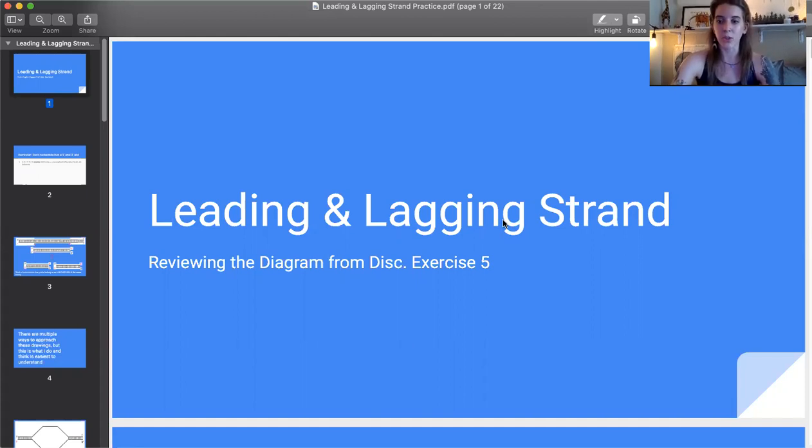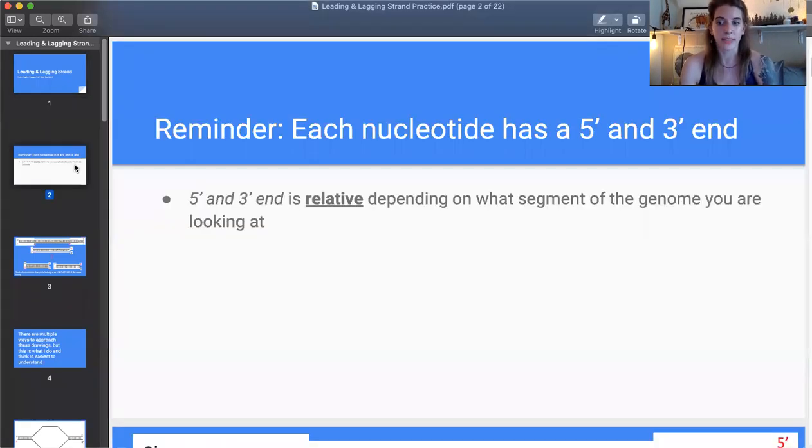I think it's really intuitive and really easy to learn, very quick. So I think that in terms of the exam being in 3 days, just learning this approach that I'm teaching you will be really, really helpful, even though there are technically multiple ways that you could go about it and get the right answer. Okay, so just a reminder, first of all, that every nucleotide is going to have that